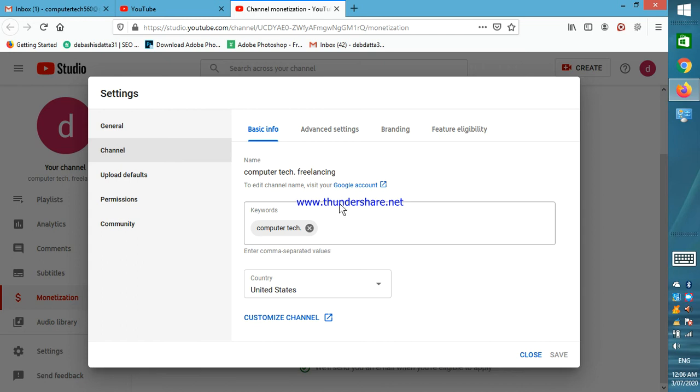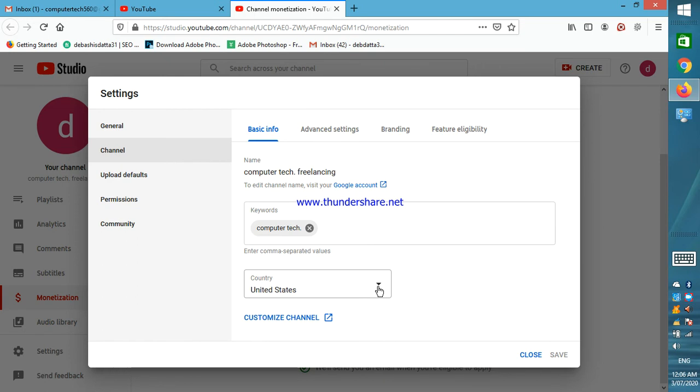So my channel will talk about computer technology, so that's why I have given the keywords computer tech. So if you have planned something for your channel, you put your keywords here, and see this option, country, you must set this country to United States.